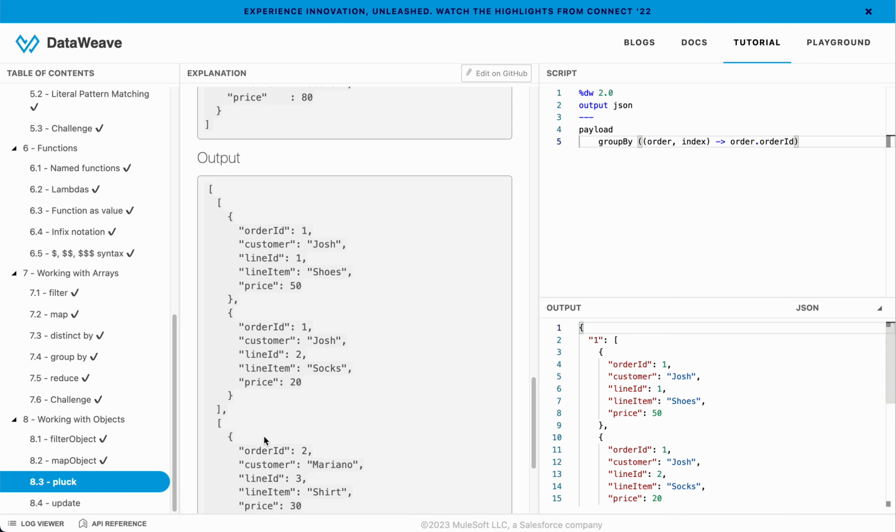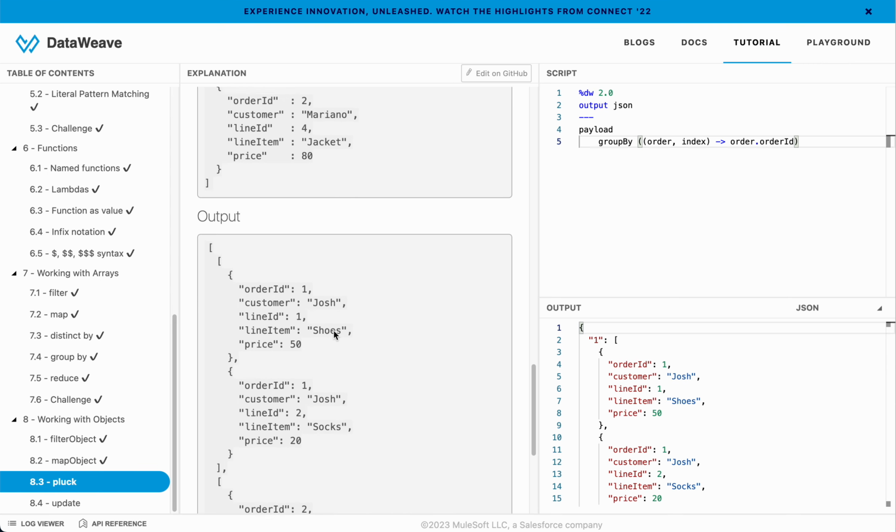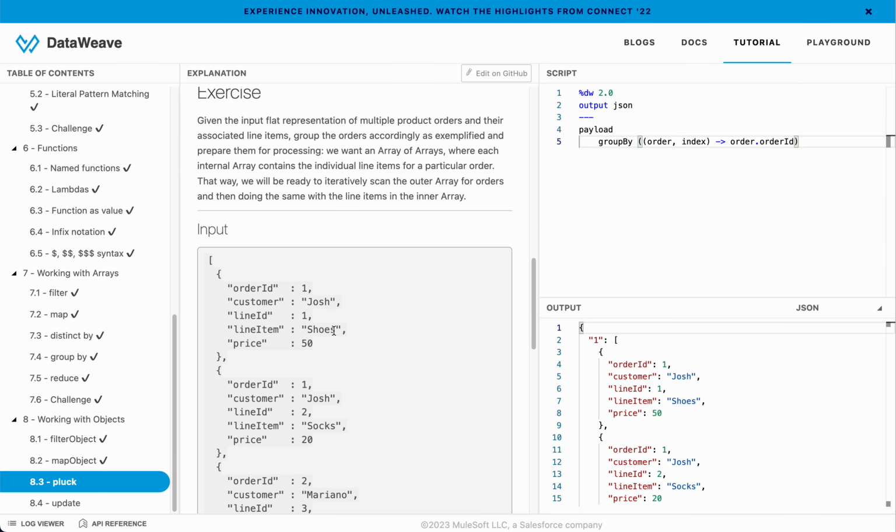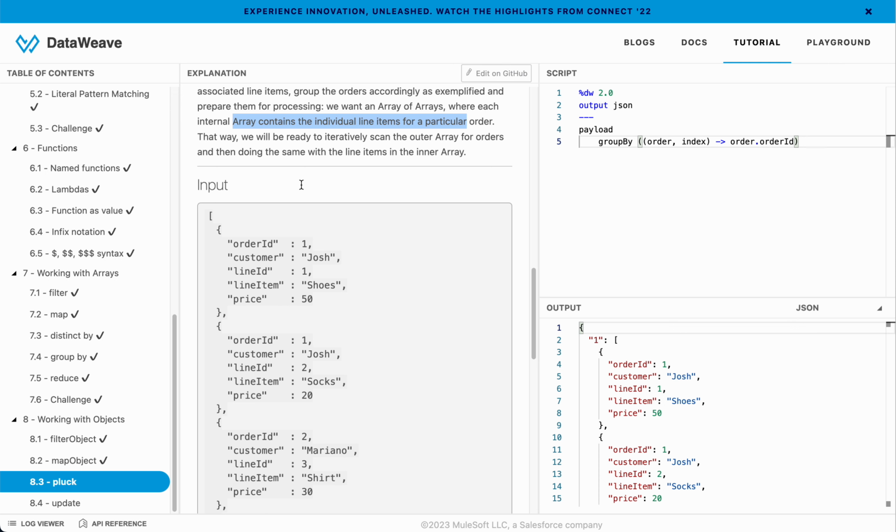Let's go to the pluck. Okay, so this is the input. Given in the input, a flat representation of multiple product orders and their associated line items. Group the orders accordingly as exemplified and prepare them for processing. We want an array of arrays where each internal array contains the individual line items for a particular order. Okay. That way we will be ready to iteratively scan the order array for orders and then going to do